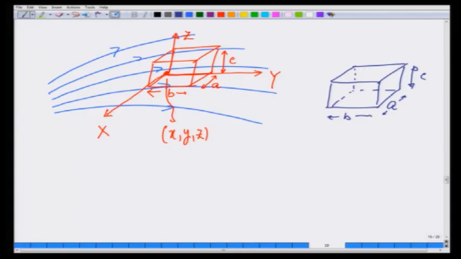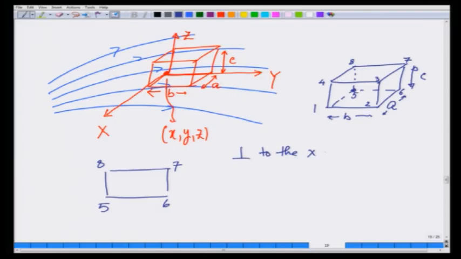Let us look at the surface. Let me name it 1, 2, 3, 4, 5, on the back side 6, 7, and 8. Let us look at the point 5 is my x, y, z. Let us look at surface 5, 6, 7, 8. Five, 6, 7, 8 is perpendicular to the x axis,